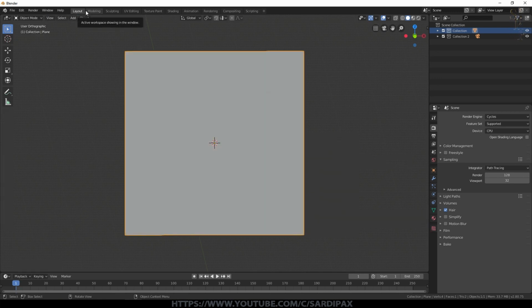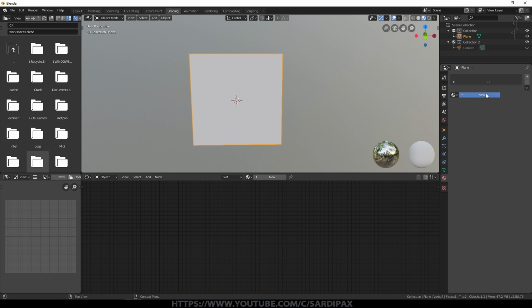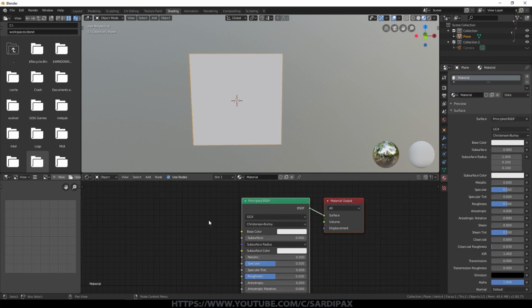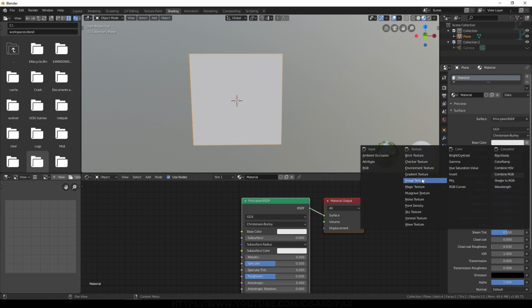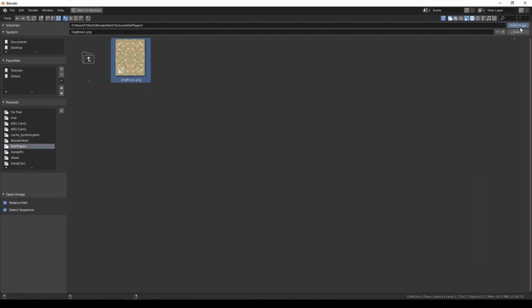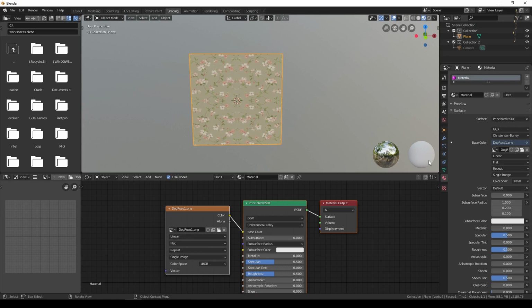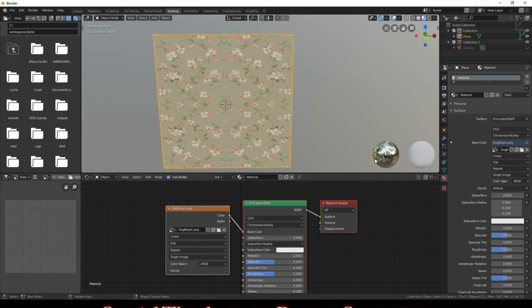Next we'll go to shading, we'll go to materials and say new. I'm not going to worry too much about materials in this, although there is a little bit of something that we need to do in it. But to begin with, I'm just going to add an image texture, which is just this simple wallpaper texture. And I'll accept the defaults on that for the moment. We will be revisiting this material setup shortly.